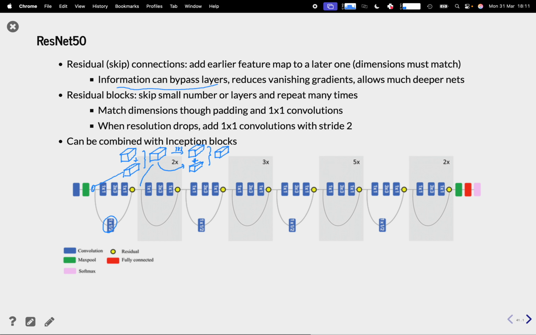So if you now have a loss, normally it would have to go through all these little layers, but now because you have skip connections, the gradients can actually skip over multiple layers, right, without actually seeing many convolution layers. And so this allows gradients to go very, very deep back into the network, which allows you to build very, very, very deep neural networks. This is ResNet 50,